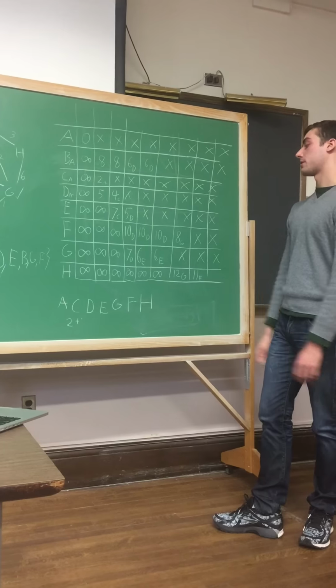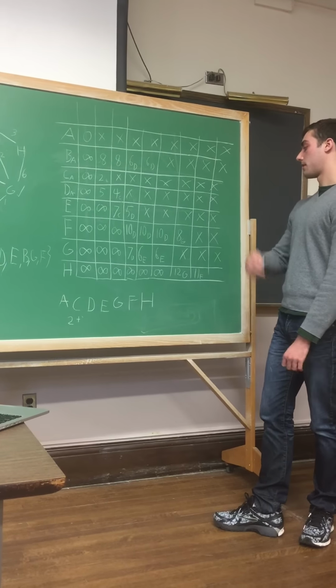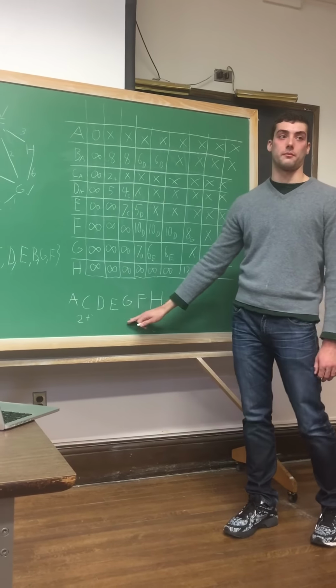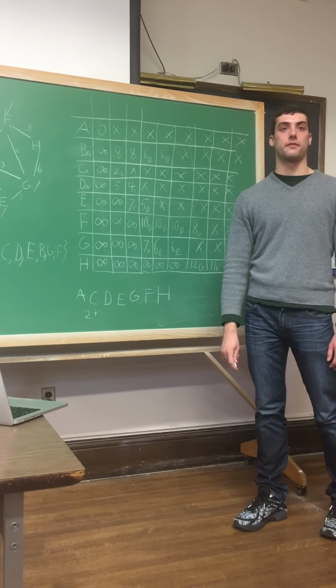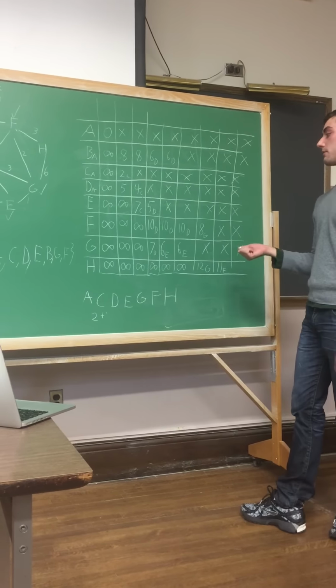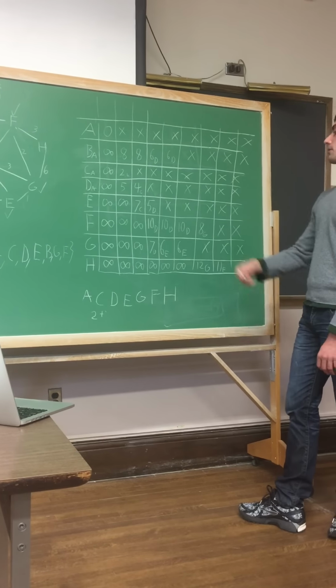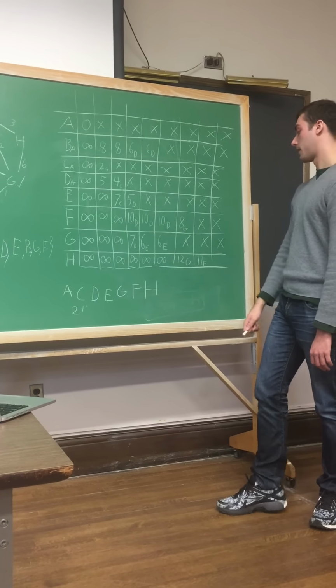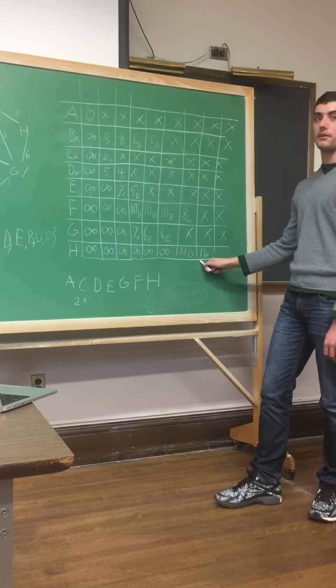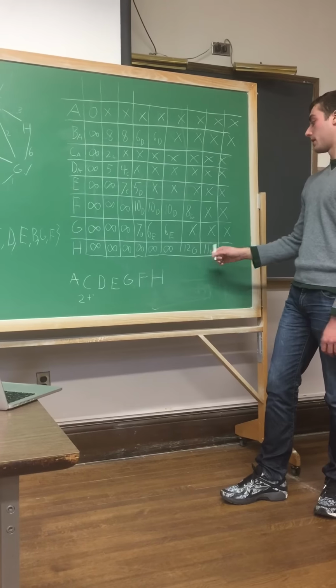There could possibly be a case where, so basically this is a unique path. There's only one shortest path. However, it's possible to have 2 paths which are the shortest path. In that case, what it would look like is, when I was updating the values and I said, okay, we found a way to get to F and it's only length 11, so that's shorter than G. But what if